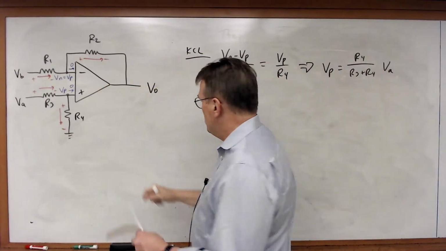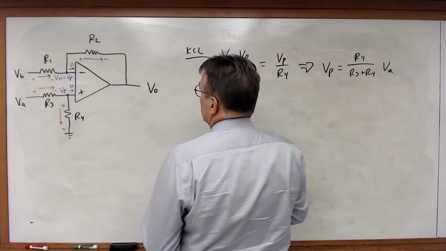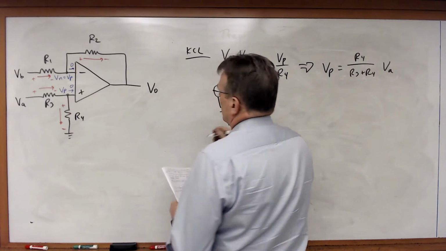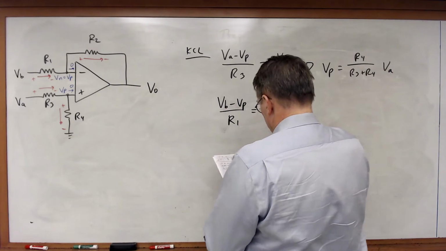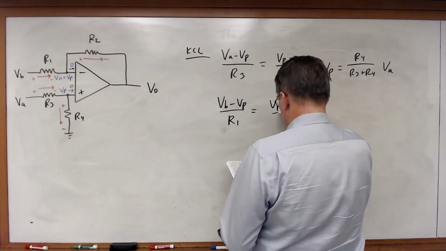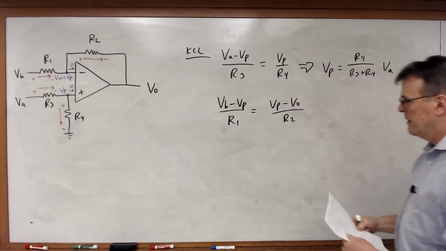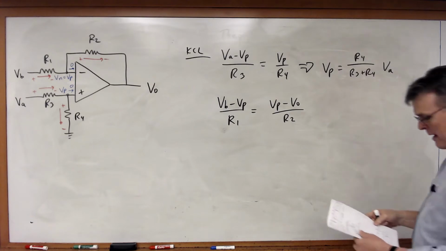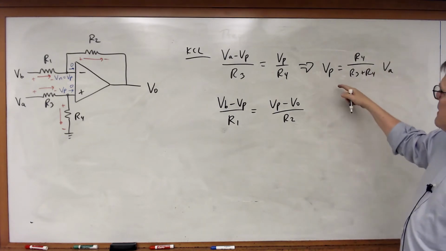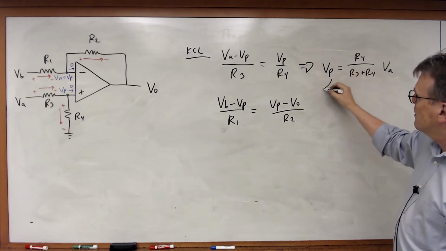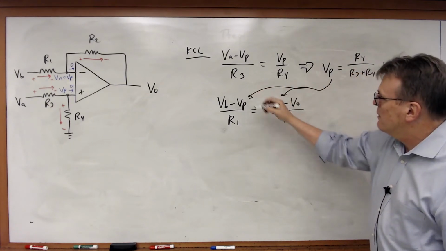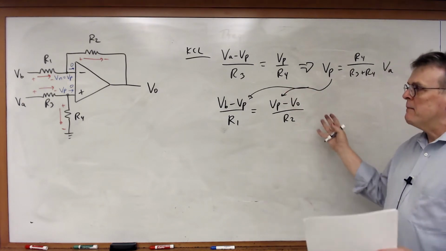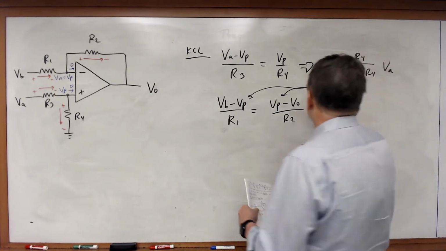Then I've got the VN node, and for that, I've got VB minus VP over R1, knowing that VN is equal to VP, must be equal to VP minus V0 over R2. So I've got my two KCL equations for the two nodes. Now I can substitute for VP. So I can substitute this term into those equations. And then I can go through and do quite a bit of algebra. And I'm not going to bother to go through all of those steps. But if I substitute for VP,